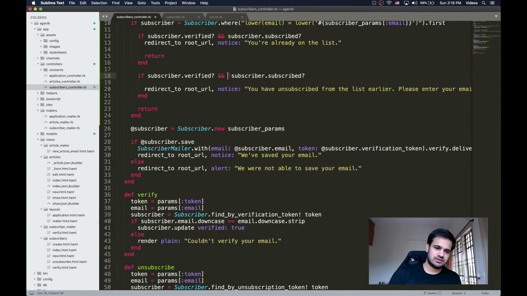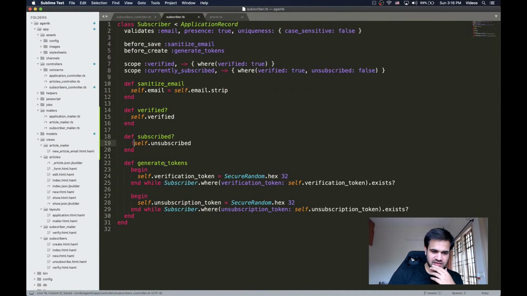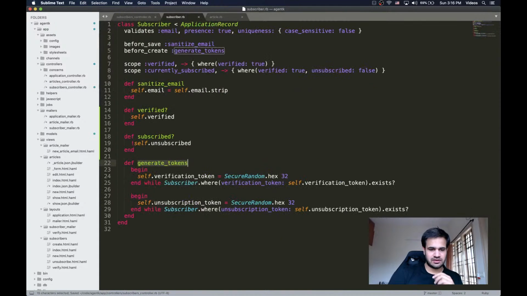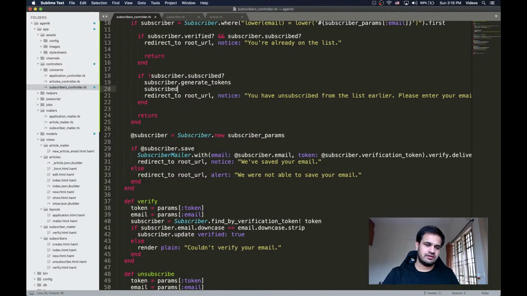So what I'll do is I'll generate the tokens again. Maybe like subscriber dot generate tokens, right? So what this will do is create a new verification and unsubscription token. Will be like subscriber dot